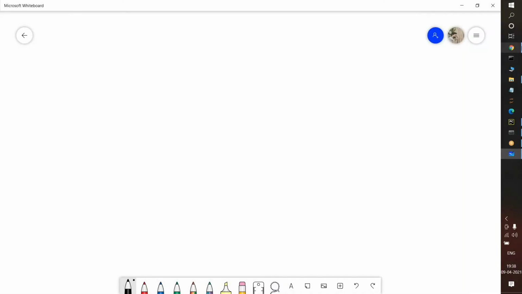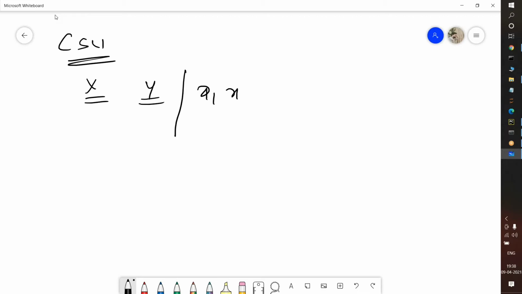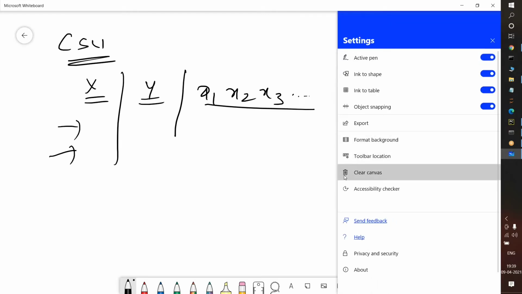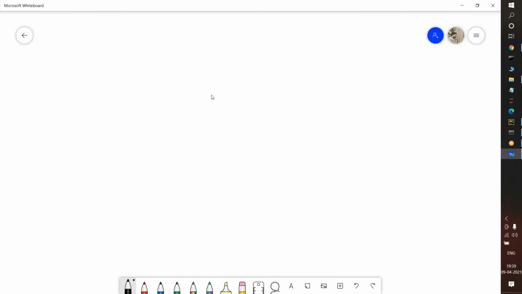I told you yesterday about the data set, the CSV file. In a CSV file there will be independent features, which means an x variable and a y variable, and you can increase the variables also, there is no issue. In some data sets it will be x1, x2, x3, and so on. These are known as columns, and these are known as rows. But now we will discuss the purpose of using Seaborn and the difference between matplotlib and Seaborn.